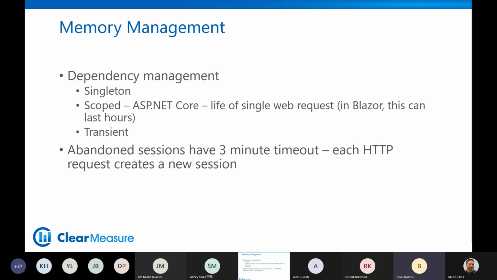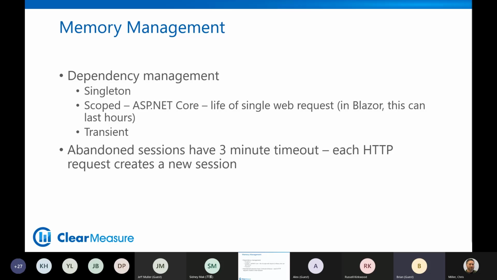So singleton on the server is pretty straightforward until you start to depend on every user of your application getting the same object, and maybe you put a property in there that stores some state, and then your application scales, and then you go to Azure and say, hey, why don't you give me 2 server instances? Well, guess what? Now your application has 2 server processes, and all the users who are pegged to server A are getting 1 instance of the object, and B has the other instance of the object. And if you've depended on sharing state through that singleton, now that's broken. Okay, so it's important to understand how the memory is being used in the different flavors.